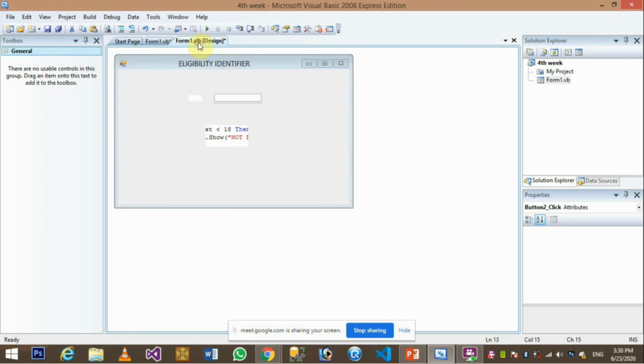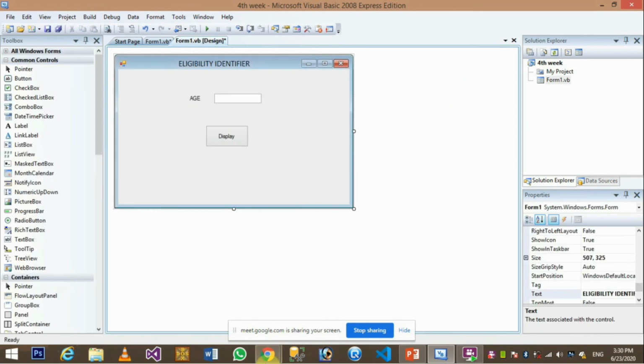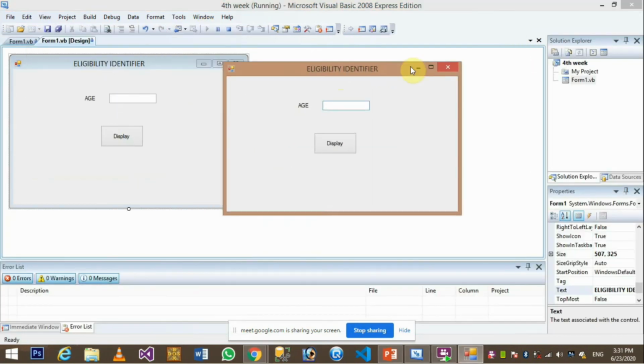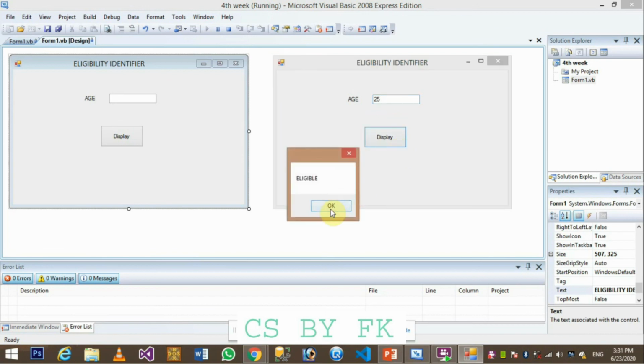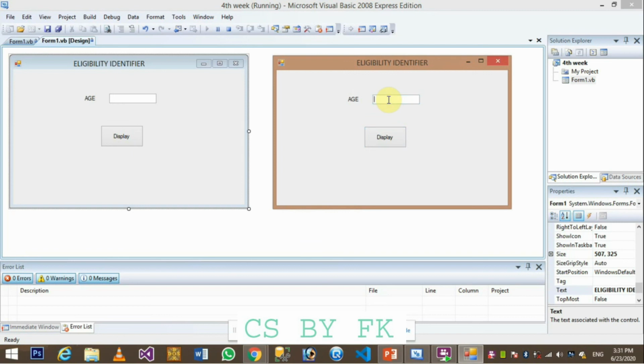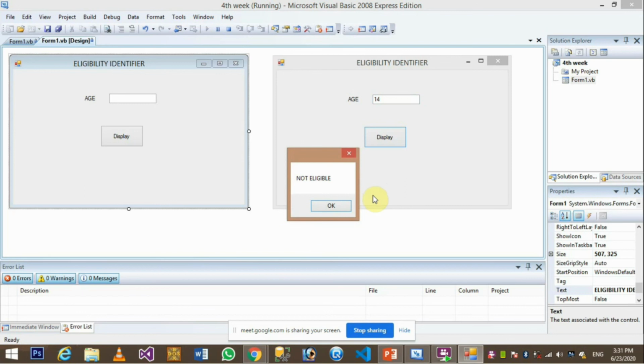Let's see how we can check it. Okay, now check it out. Eligibility identifier of the ride. Age, for example, the age is 25. Display, okay, the person is eligible. Alright, for example, I'm writing age is 14. Display, not eligible.